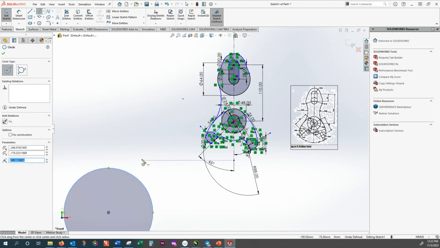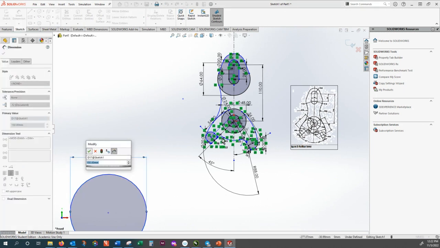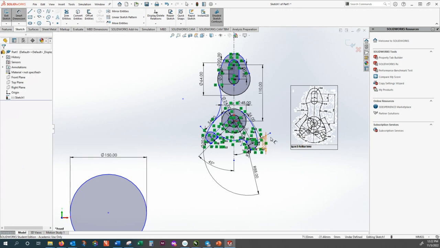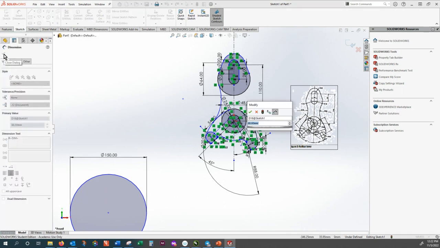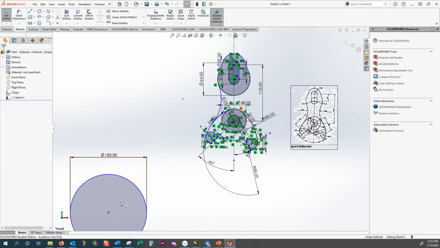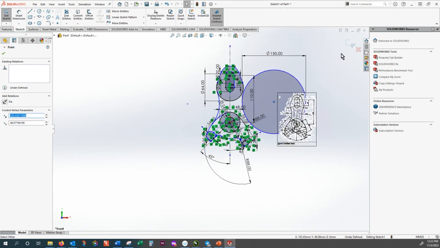The radius I want is 75, and let's fix it. And also let's make sure that this is not flexible. Now I'm bringing this nearby and just